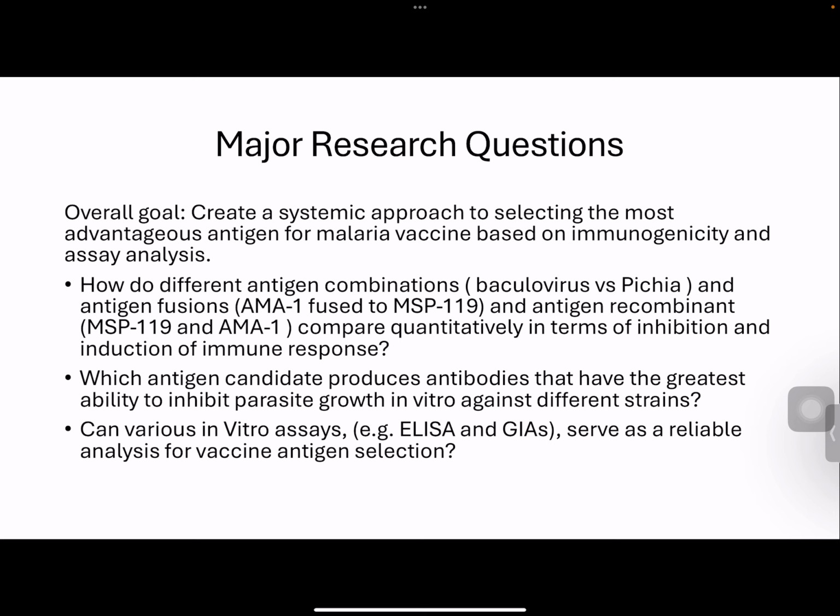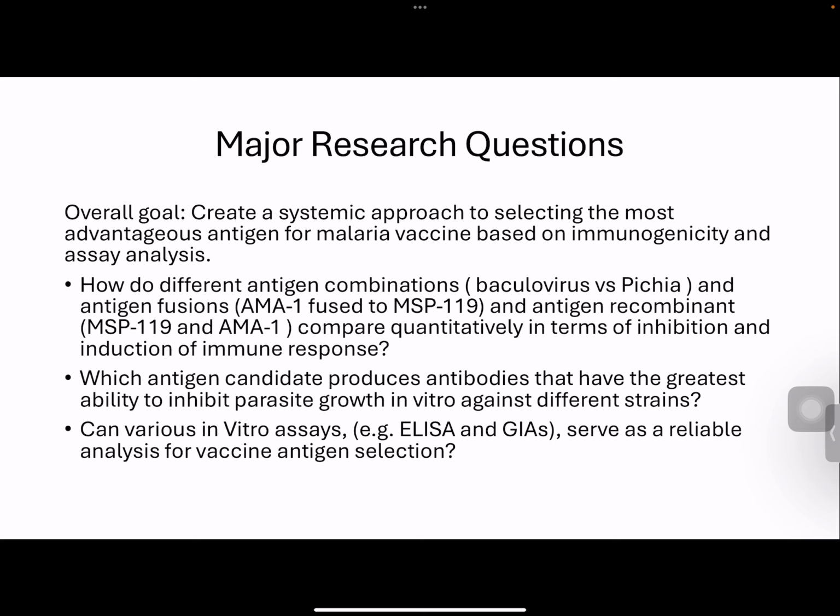The first question was, how do different antigen combinations of the baculovirus and Pichia and antigen fusions, so AMA1 fused to MSP119, and in addition, antigen recombinants compare quantitatively in terms of inhibition and induction of the immune response. The second question was, which antigen candidate produced antibodies that have the greatest ability to inhibit parasite growth in vitro against different strains? And then